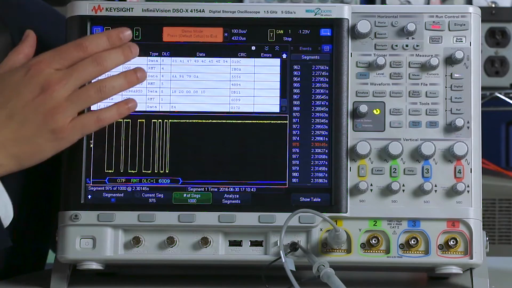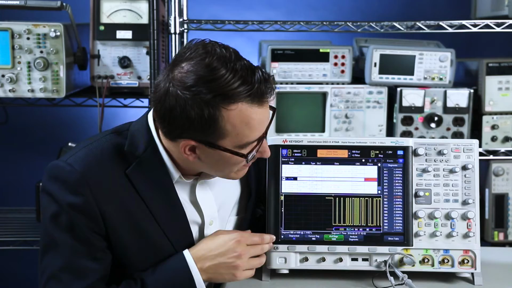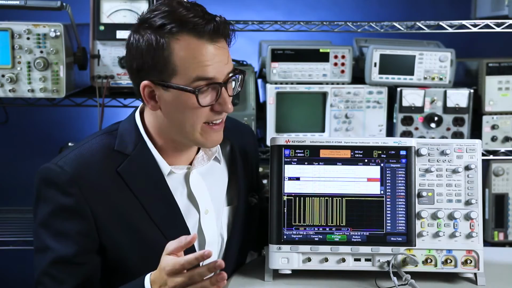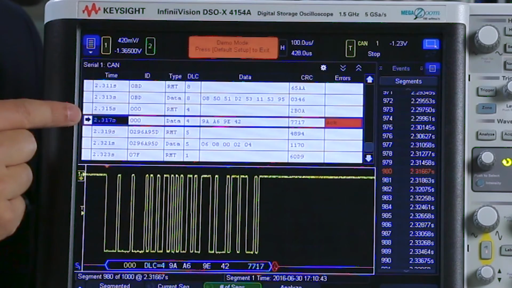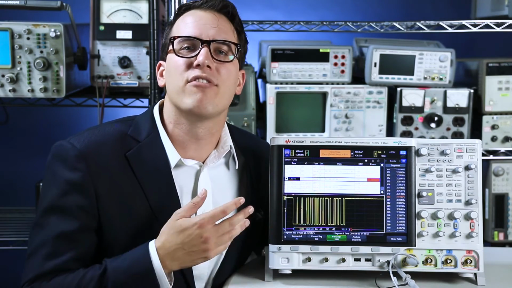So that took about 15 seconds, and I can scroll through and see my list of data, and I saw an error in there. So I'm going to click on this error, and I've now pulled up this error on my screen. And I can see that this error happened at 2.3 seconds, and it was missing an acknowledge. And this tells me there's potentially something wrong with my system, so I'm going to go back into normal memory mode, and we're going to trigger on errors.